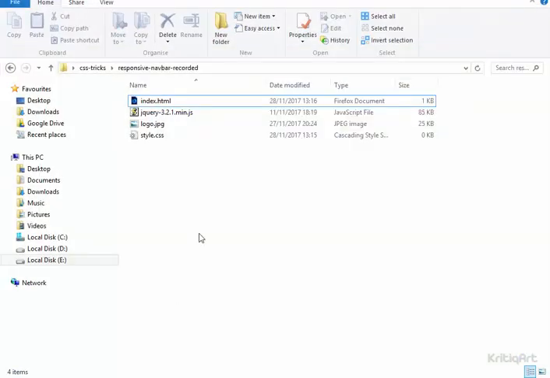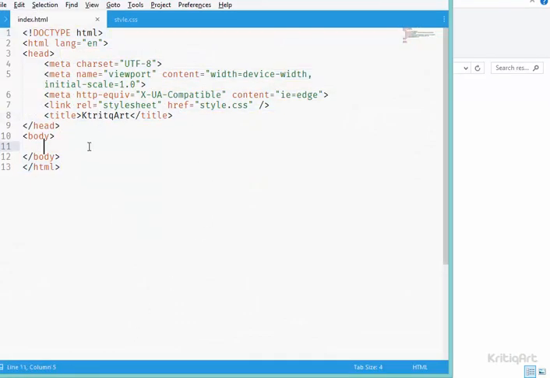folder and see what we have in here. I have an index.html which is empty right now. It's just my HTML, but the most important thing here is this meta tag with the name viewport and the scale of 1. I don't want to zoom out or zoom in my page, so I'll just add this one here and add this one here, and of course link to your CSS file which is here